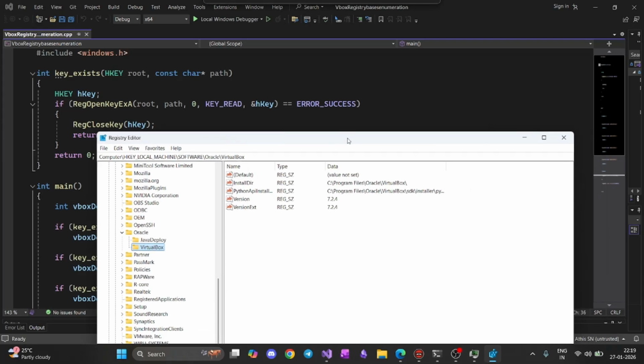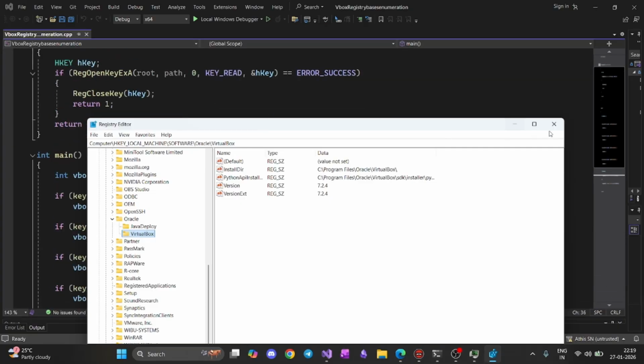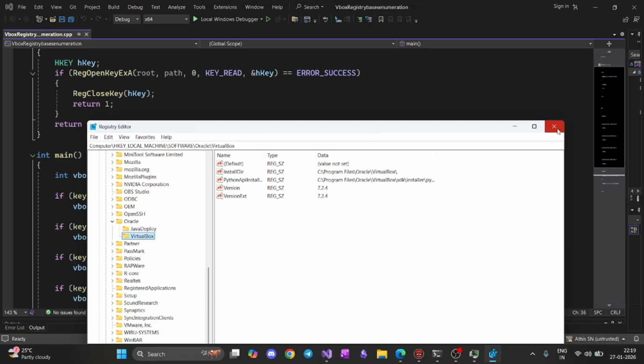So that's the part of how the anti-malware analysis would basically work, right? I'm sorry, the anti-VM would basically work, right? So